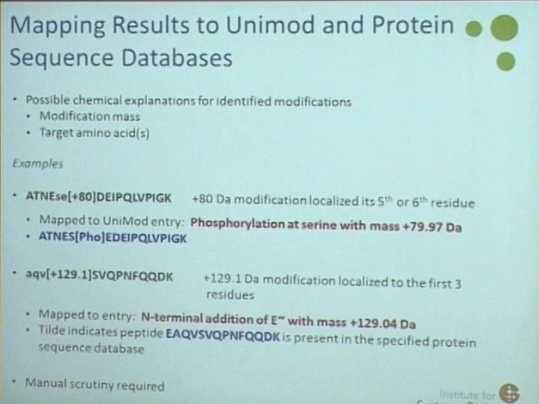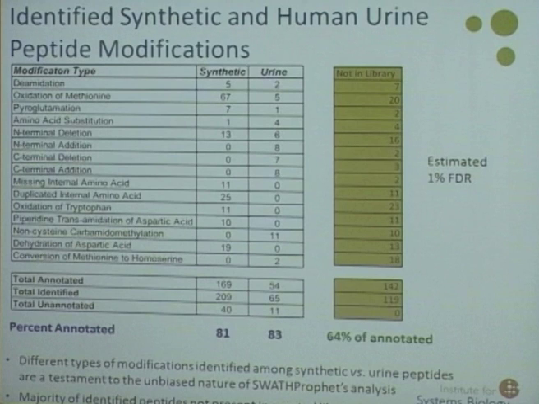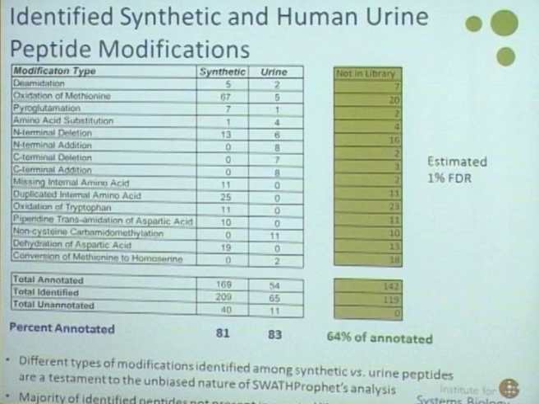And so in the end, what we're able to do is to take this information and infer a number of different chemical modifications as well, not only from post-translational modifications, but many other modifications, and looking at deletions of amino acids and so forth. But a lot of this stuff needs manual interpretation as well. Here's a result where we looked at a number of different synthetic peptides as well as peptides within human urine, and we detected a vast array of different modifications, not only our regular post-translational modifications, but things